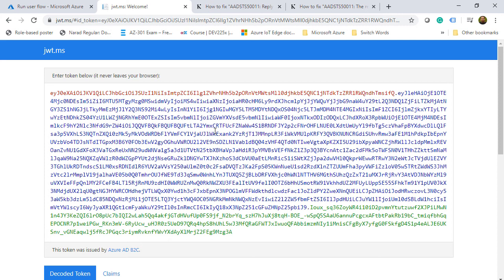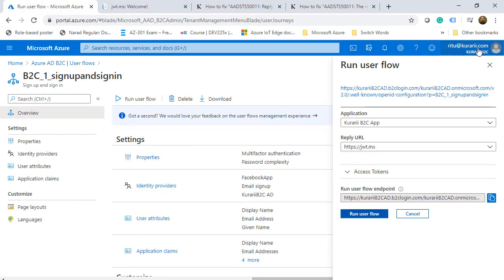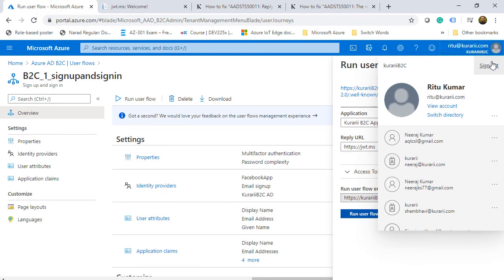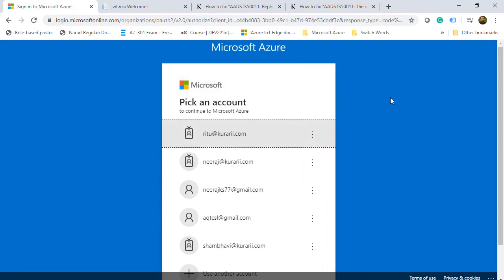And now let's go back to the Azure portal, log out and log in using Raghav's account and see how multi-factor authentication works in that case, where the multi-factor authentication was enabled for a single user. So I'll go back to the Azure portal. I'll click on the name and then I'll click on sign out. And once I'm completely signed out, I will use Raghav's account for signing back in.